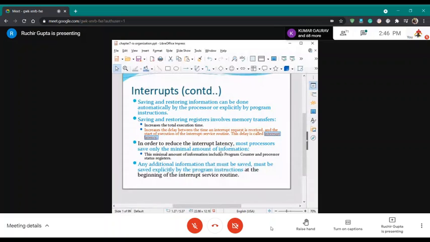Sir, what do we mean by the minimum amount of information इधर, like कौन सी इंफॉर्मेशन को मिनिमाइज कर सकते हैं? देखिए, उसमें कुछ चीजें तो आपको करनी ही पड़ेंगी, सेव इसको आप अवॉइड नहीं कर सकते। जैसे आपको प्रोग्राम काउंटर की वैल्यू कहीं ना कहीं स्टोर करनी ही पड़ेगी, प्रोसेसर स्टेटस रजिस्टर्स आपको स्टोर करने ही पड़ेंगे, उससे आप बच नहीं सकते, तो मिनिमम है।